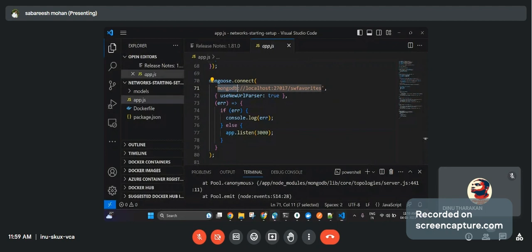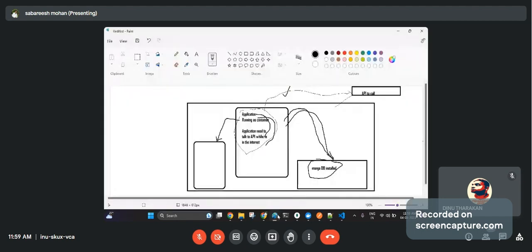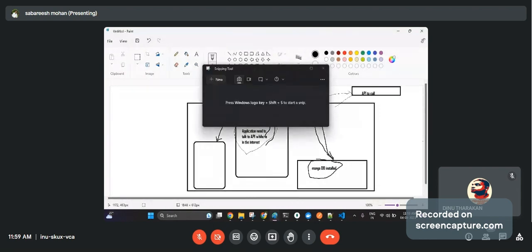That means the container which is getting created is not able to talk to the MongoDB running on my local host.